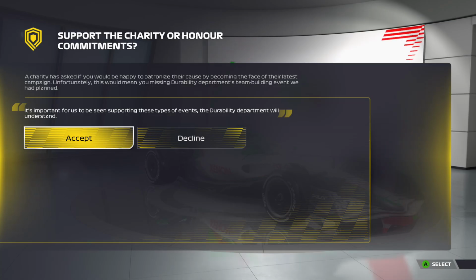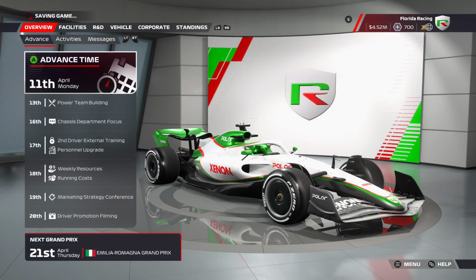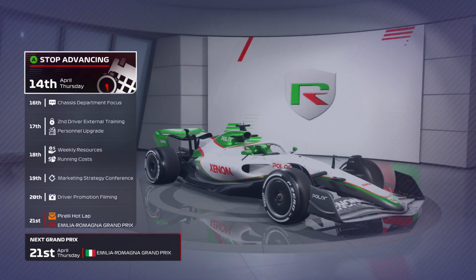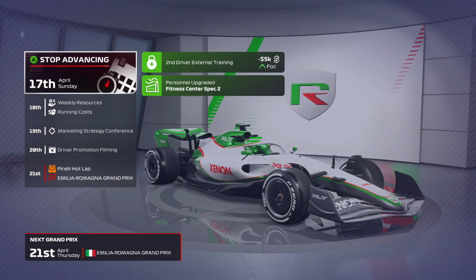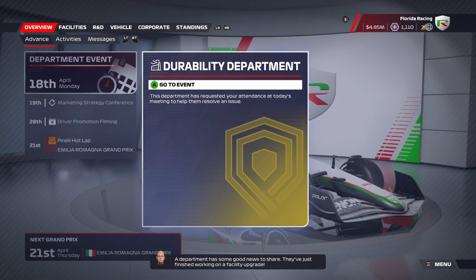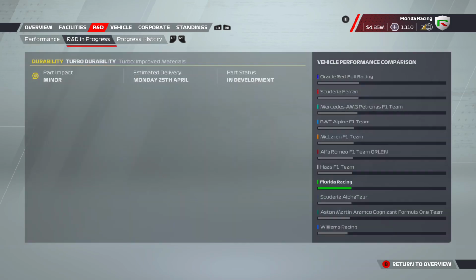We don't really have any resource points, so let's advance time here. Let's see. Charity. You handled that well. Unfortunately, we don't have time for charity. I think we might turn those off, actually. Alright, let's advance some time here. Got the power building, got the chassis department that helped out people. Second driver external training. They've just finished working on a facility upgrade. The details are available in your inbox. Oh, nice. That should be...